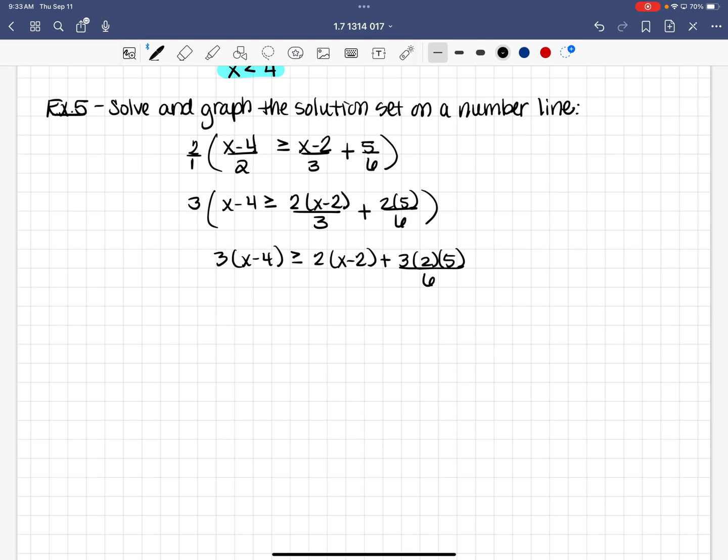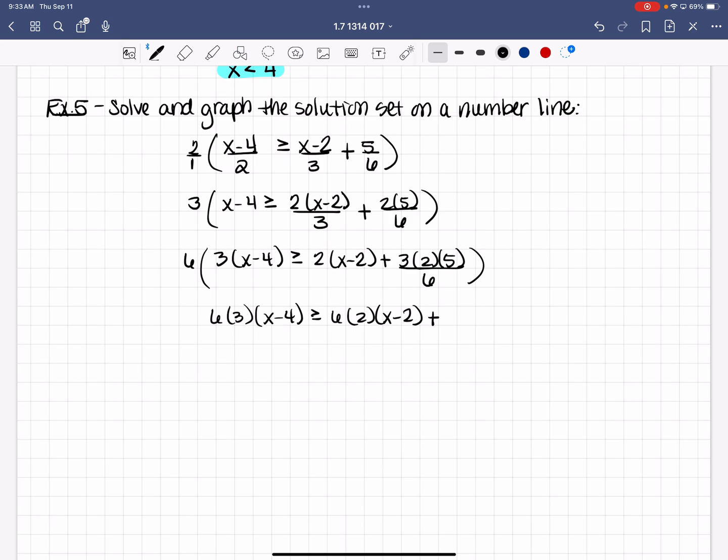Let's say that you don't see that 3 times 2 is 6 and that cancels out. You're just laser focused on getting rid of those denominators. So who's the last one we need to get rid of? 6. So now I've got 6 times 3 times x minus 4 is greater than or equal to 6 times 2 times x minus 2,